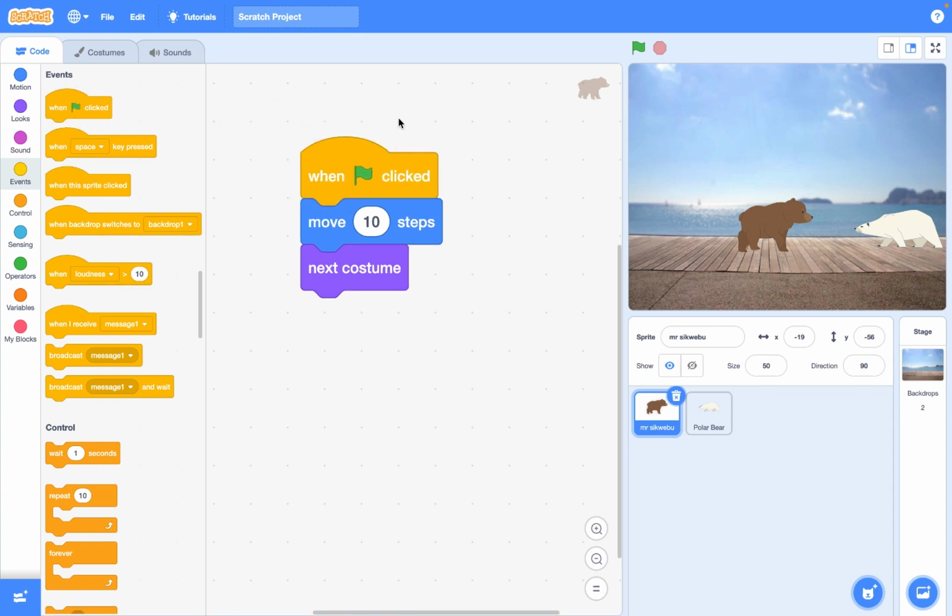So we'll say that when this flag is clicked, it must move 10 steps, which it does, and then it must change the costume. So if I press the flag, it moves 10 steps and it changes the costume. But once again, I see another big problem here, in that I have to keep pressing the flag for my bear to do anything. I have to keep pressing the flag. And so we will go to our last